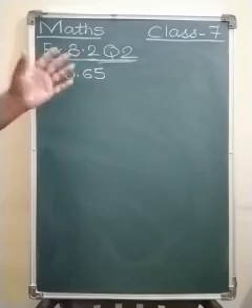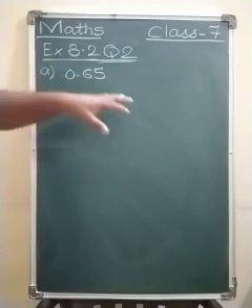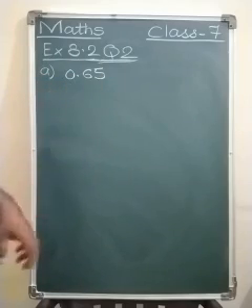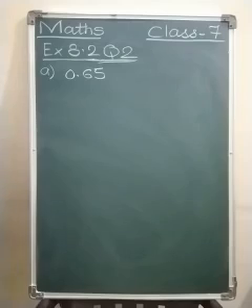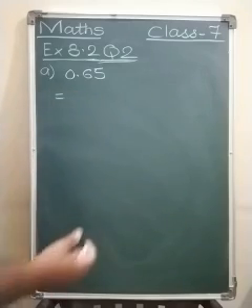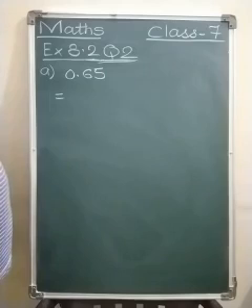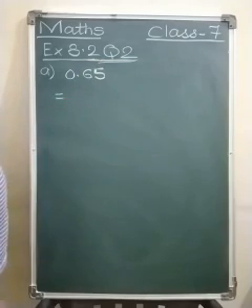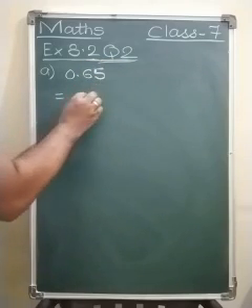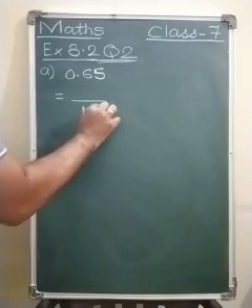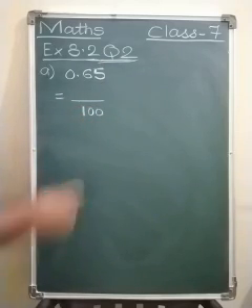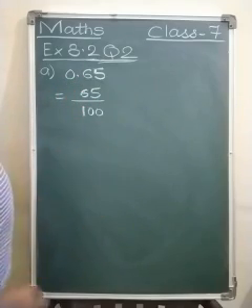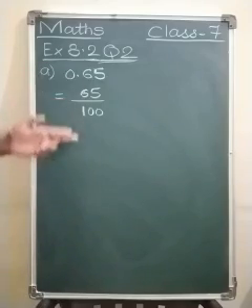0.65. Already in the fraction chapter, converting of decimal numbers, we have learned how to convert. This is a decimal number. How to convert this decimal number into fraction? Let us see. Okay, 0.65. So this would be, after decimal point, 2 zeros. So in our denominator also 2 zeros would be there. Okay, so done. And the number would be written as it is, 65. This is the fraction number.